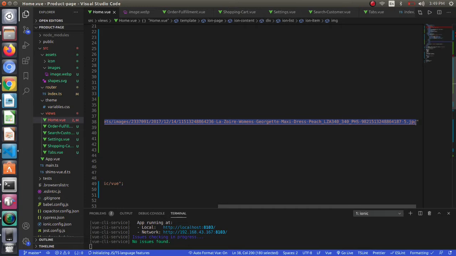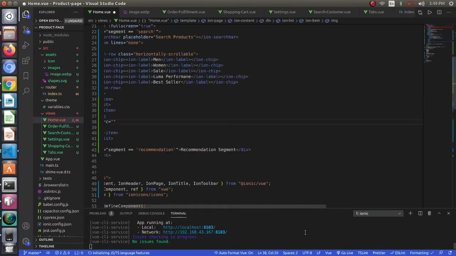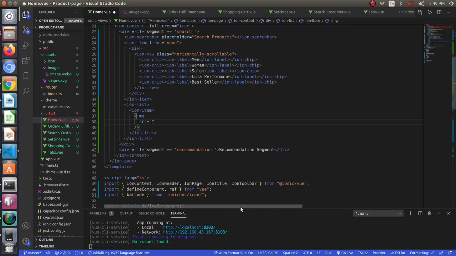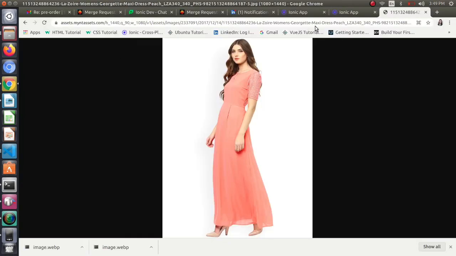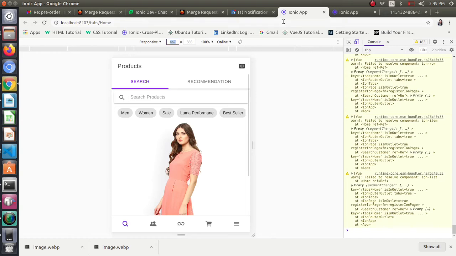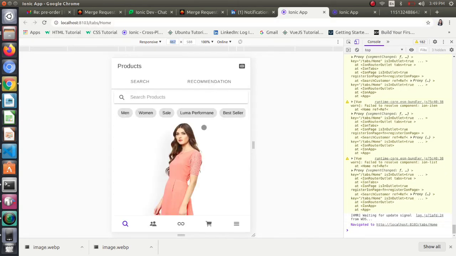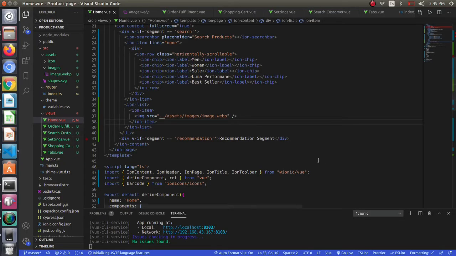First, just remove the URL link, and we will be pointing towards our assets, then we will point towards the images, then we will give its name, image.webp, and save it. Let's see if we have the desired result or not. Just refresh it once again. Yeah, we can use this image like this.